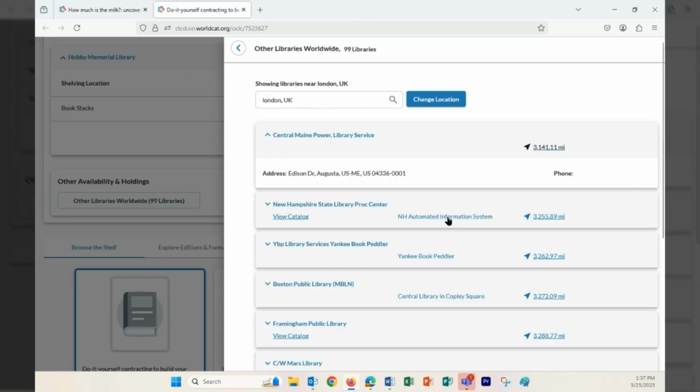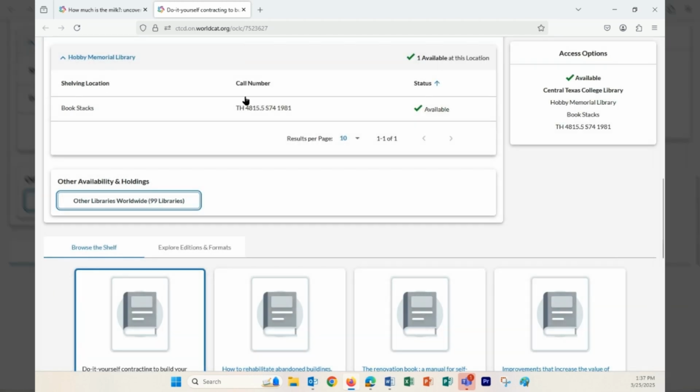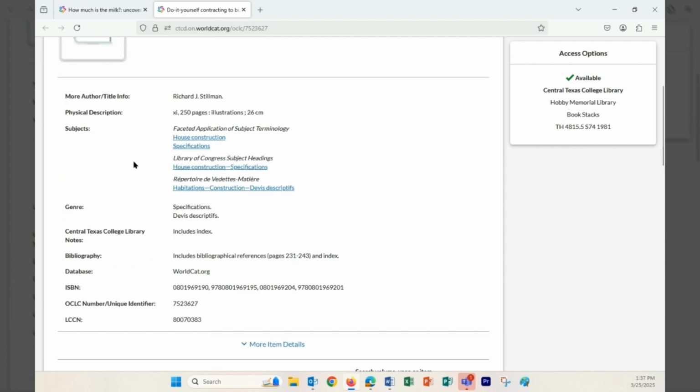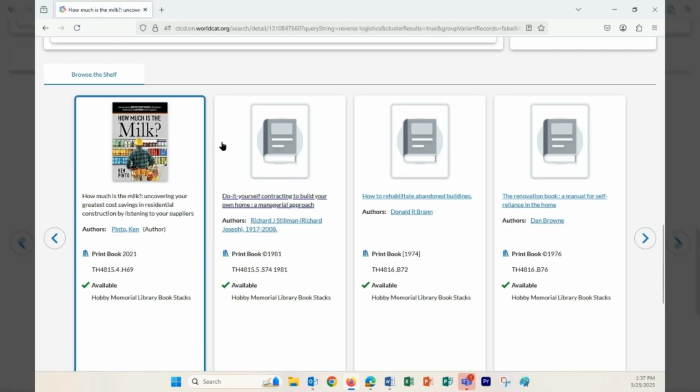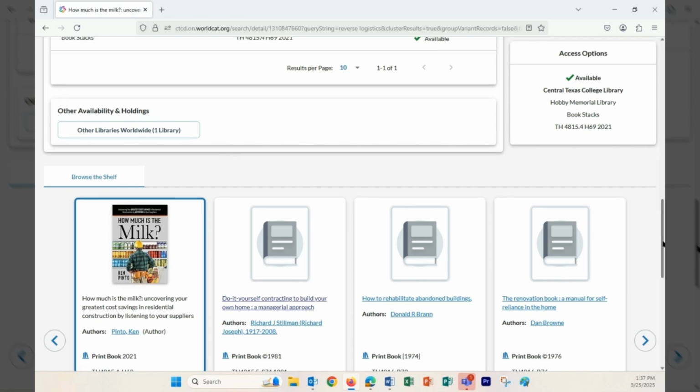And Google seems to be taking a while to do its thing, so we will move right along, but it will give you a map to that location. So this is something that the library's catalog does do for you. Now, if I go back to our search